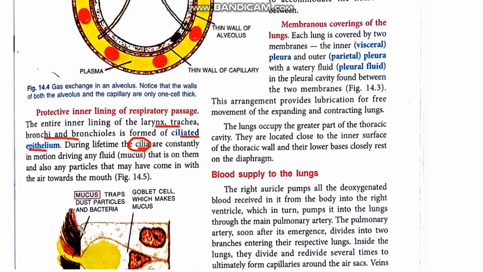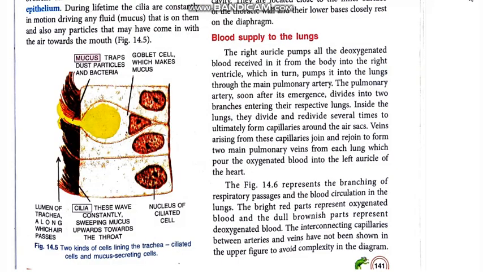ये भी हेयर लाइक स्ट्रक्चर होते हैं, ये भी बहुत ज़्यादा थिन होते हैं। ये पूरे लाइफ टाइम मोशन के अंदर रहते हैं। क्यों रहते हैं, लेट्स सी। सो जो हमारे ये सेल्स हैं, इनका नाम याद रखना, जो हमारे गॉबलेट सेल है, ये म्यूकस बनाते हैं, ठीक है। फिर ये यहाँ तक आता है म्यूकस, और जो ये सेल्स है ये मूव करते हैं ताकि हमारा म्यूकस माउथ तक पहुंच सके, ओके। नाउ लेट्स मूव फॉरवर्ड।